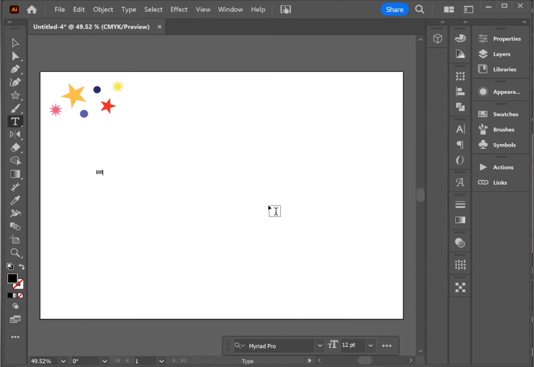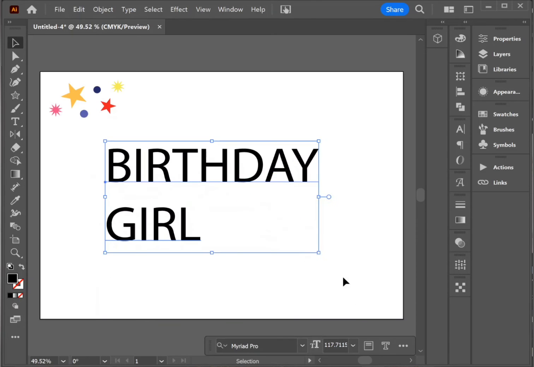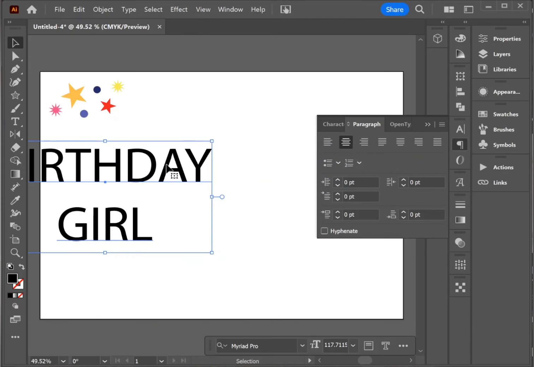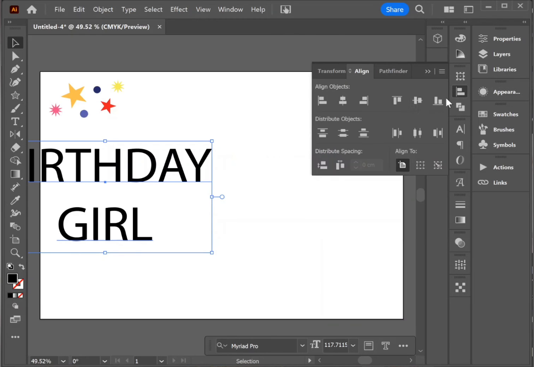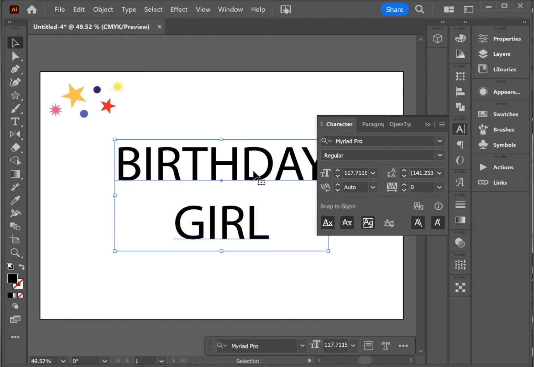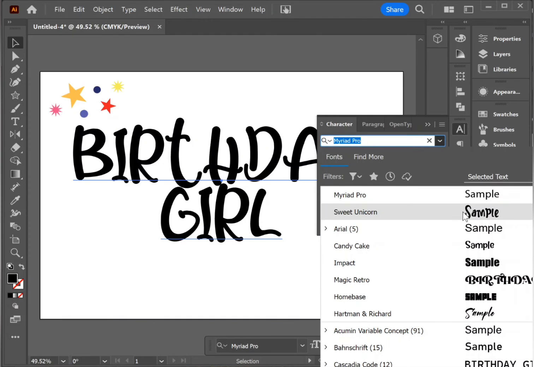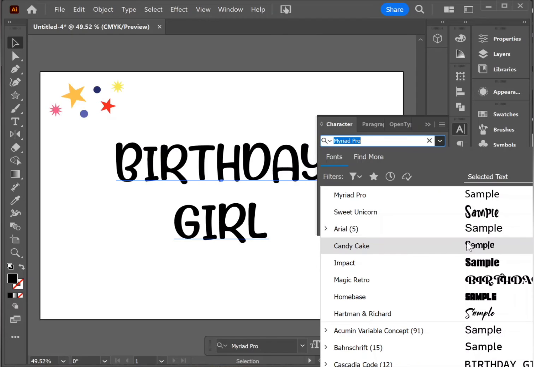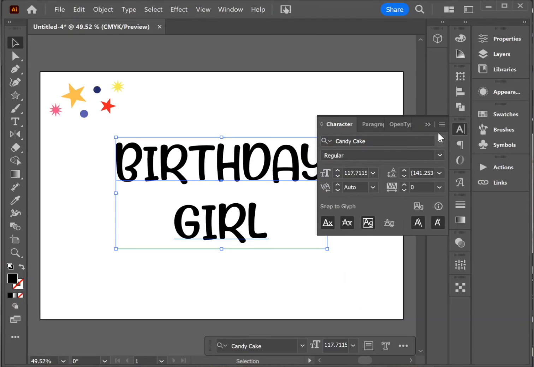So I'm going to use the type tool and write birthday girl here, and then I'm going to make the size bigger. I'm going to center the text and then center it to the artboard by using the Align panel. I'm going to choose a font. Let's just go with this one. All right. And now, while the text is selected,